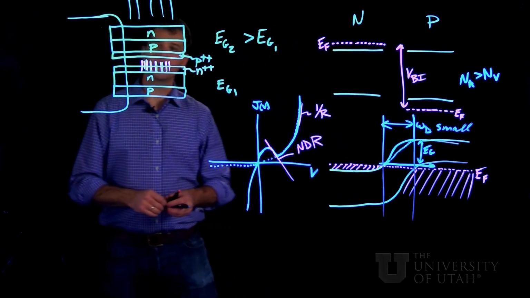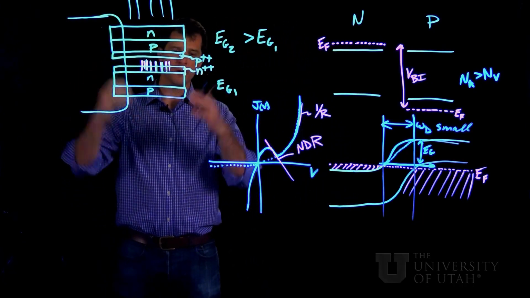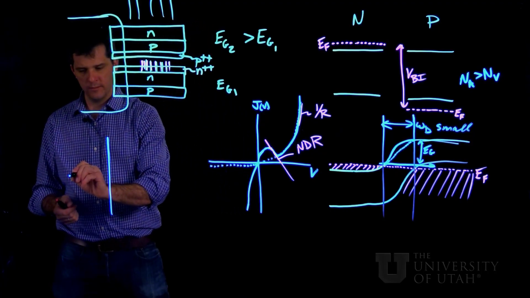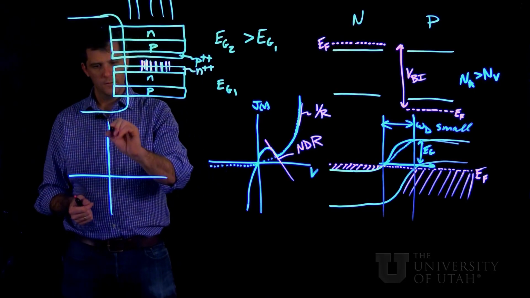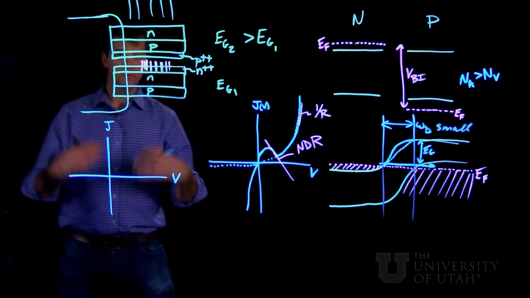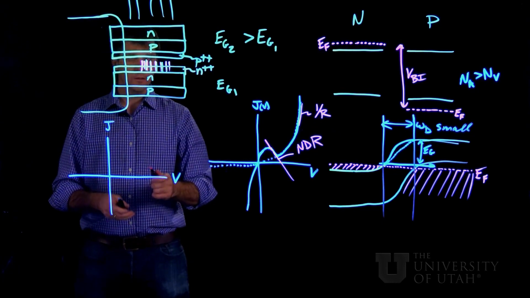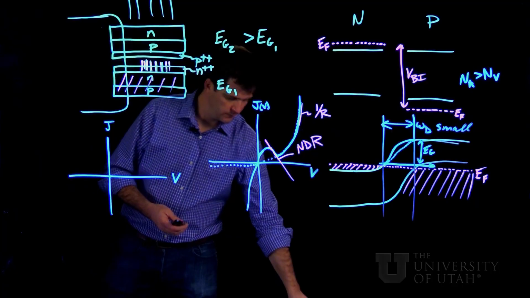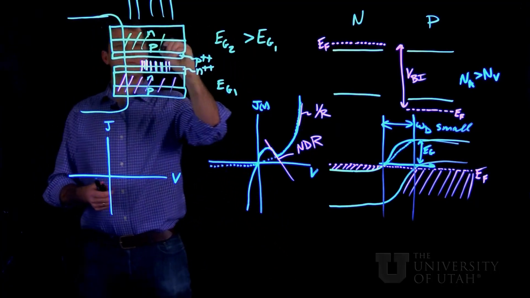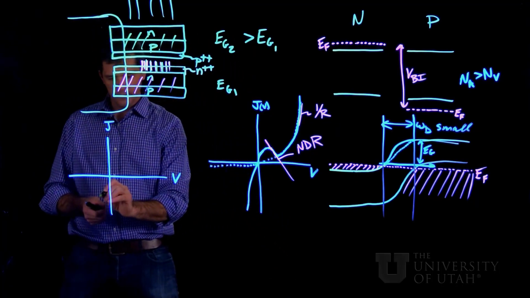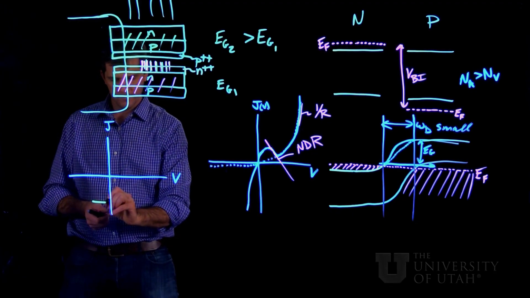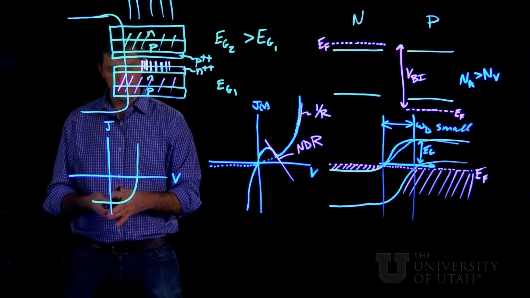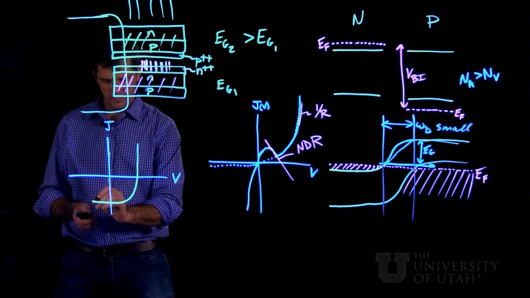So back to our solar cell example over here, what does this do for us? Well, and we're going to jump ahead in the book just slightly here, if we have the illuminated JV curves for these two solar cells, and now I'm going to use red for this bottom one and green for this upper one. So the illuminated JV curve might look something like this for the green one,